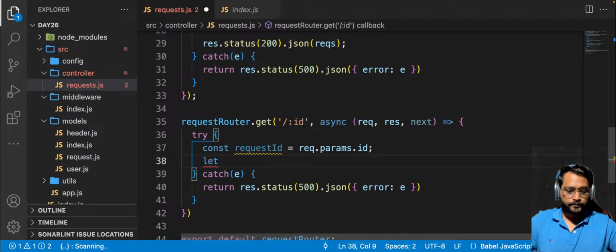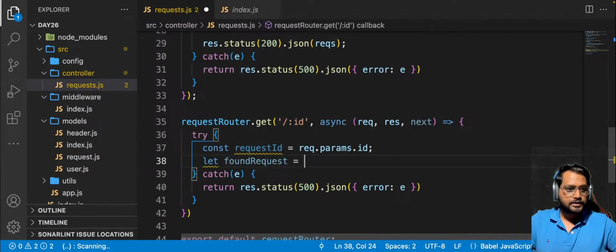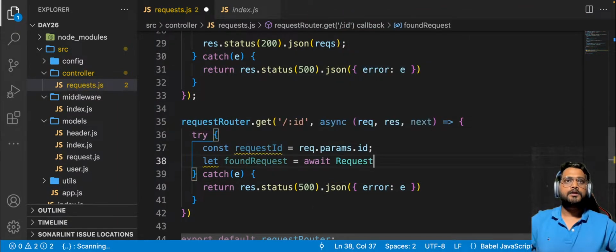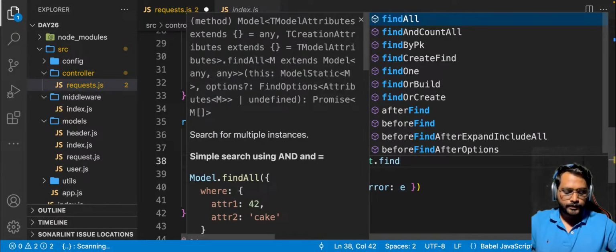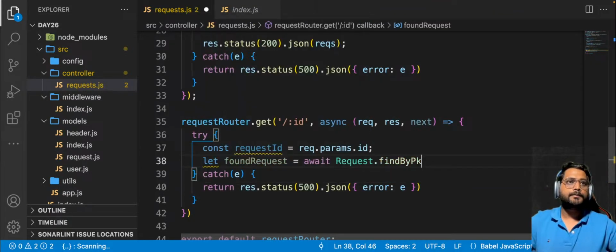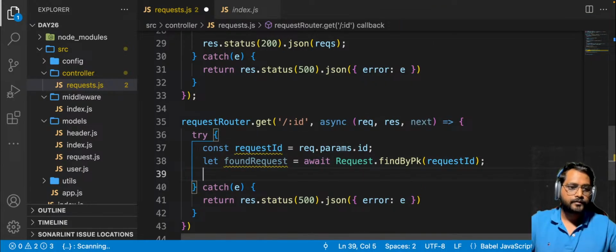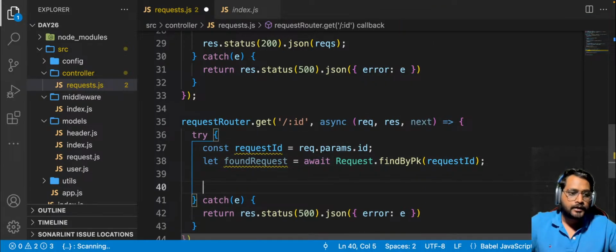So let found request is equal to await request dot find by pk, basically find by id, your request id. Okay,